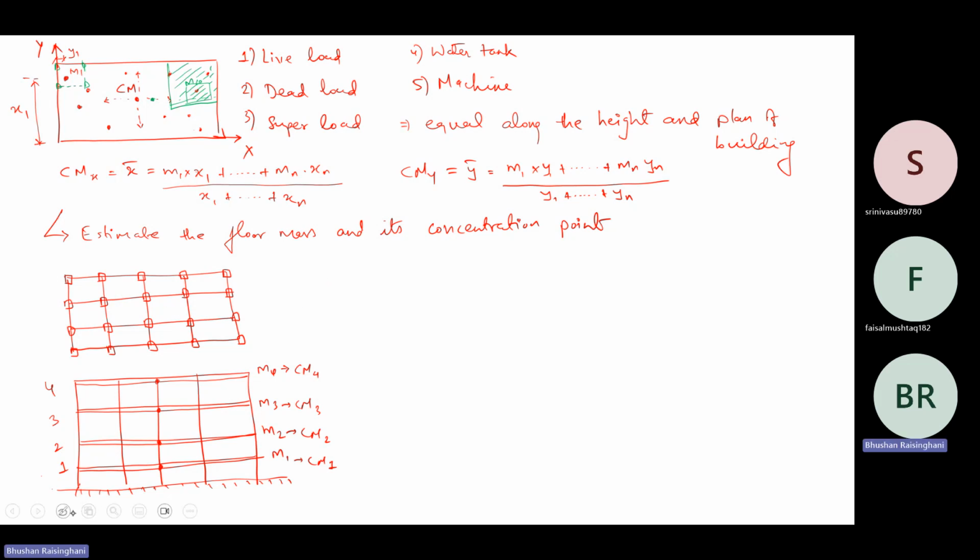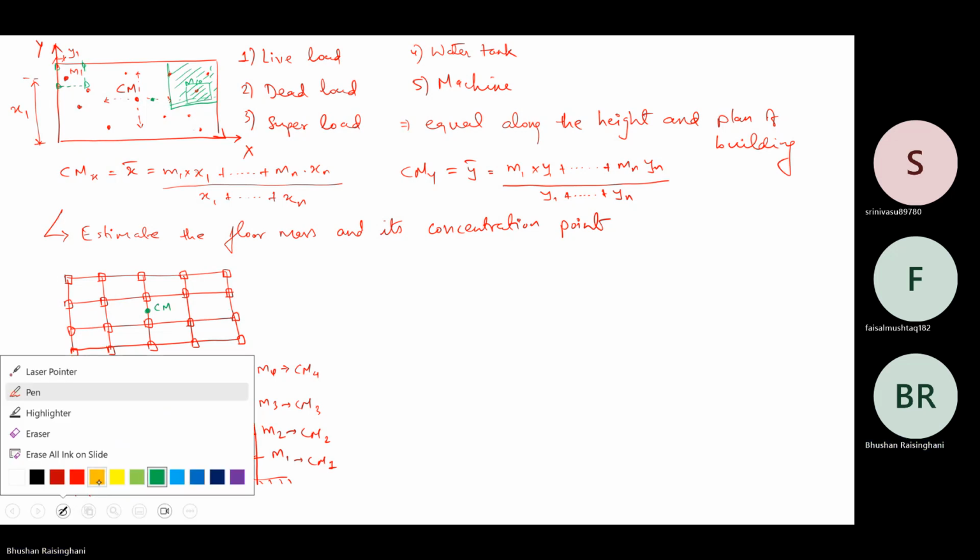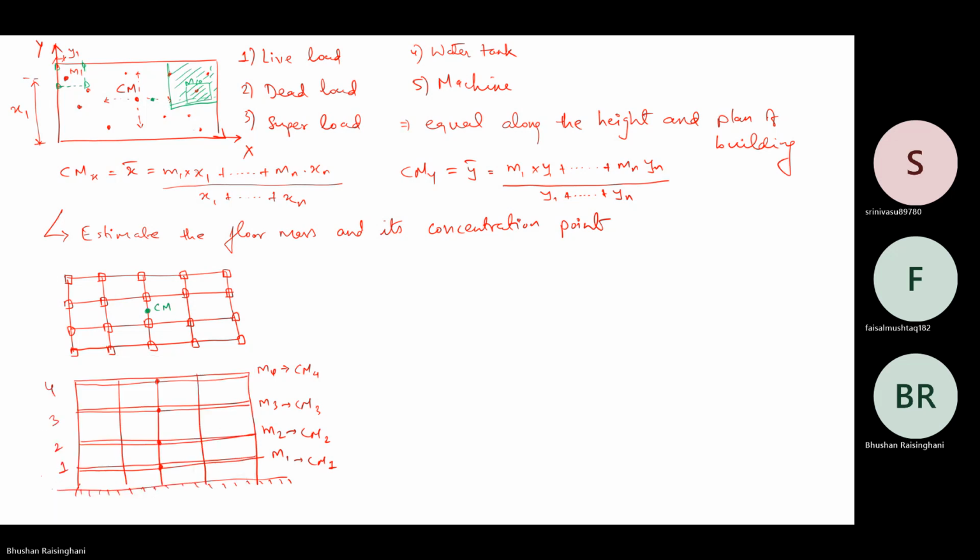If I draw the CM in this particular plan, this will be the CM, right at the CG, and your lateral forces will be at this particular point only. So it is a point where the inertia forces are getting applied. CM is the point where the inertia forces are getting applied, and you have to estimate that point by